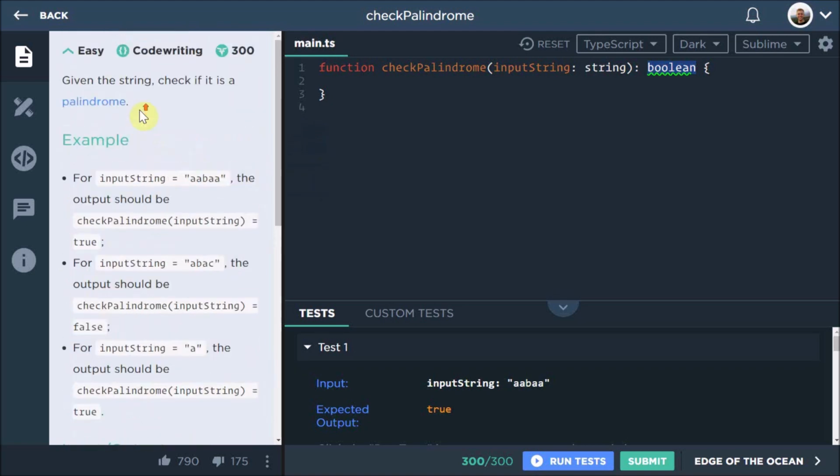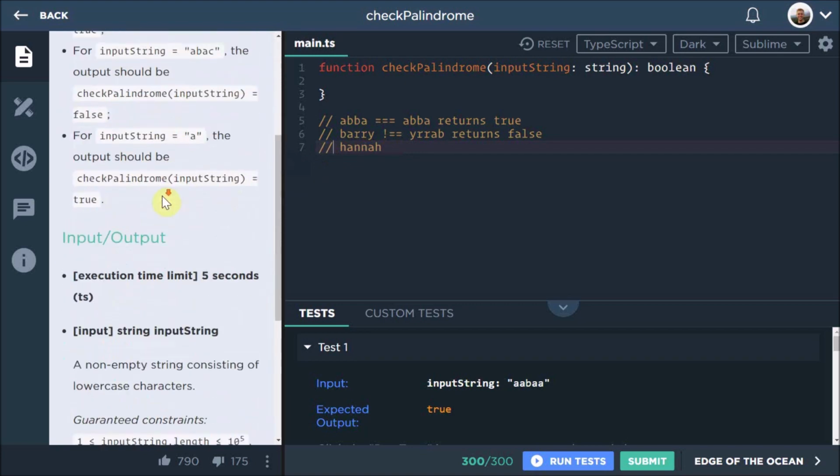Now, I don't know if you guys know what a palindrome is. There's a description for it here, but basically a palindrome is something like ABBA, where it's the same forwards as it is backwards. My name backwards is this, which is not equal to that, so this would return false. And this is equal to ABBA, so it returns true. So there we go, you kind of understand palindromes. I think a nice name for it is Hannah. Hannah is a palindrome. It's the same forwards as backwards.